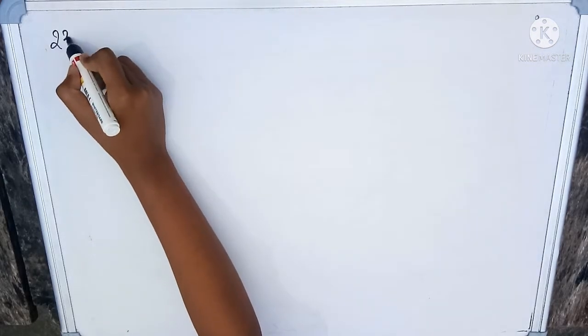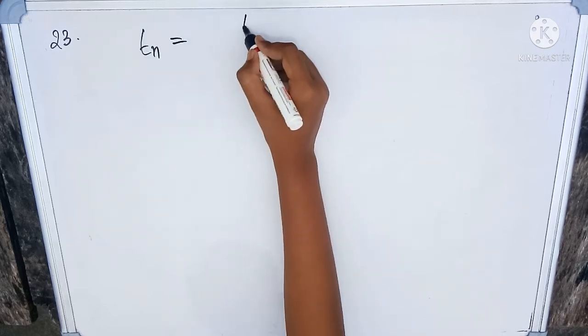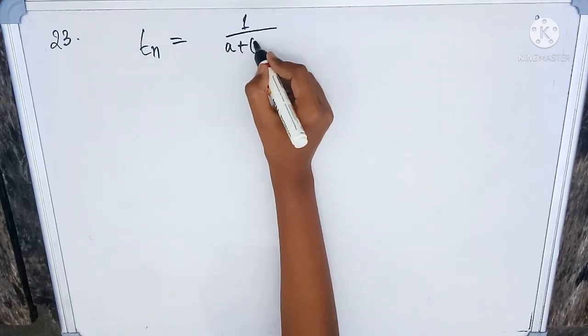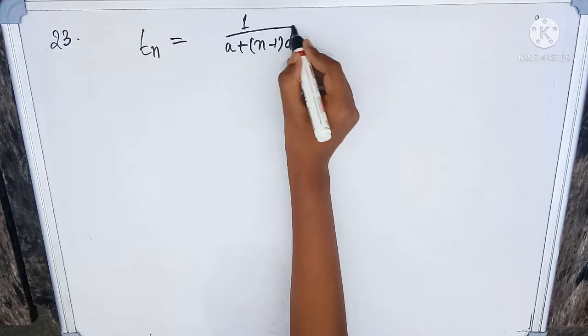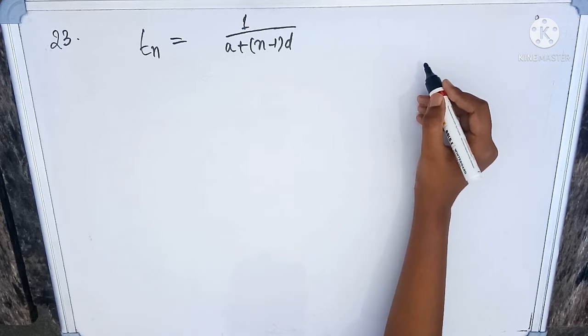In this video, I will be solving the remaining short answer type questions, and in the previous video, we saw question number 21 and 22, and in this video, we will start from question number 23. Now what does question number 23 say? It says that we have been given one formula, that is T of n is equal to 1 divided by a plus n minus 1 multiplied by d. Now here we have to find out how many auxiliary formulas are possible and what are they.